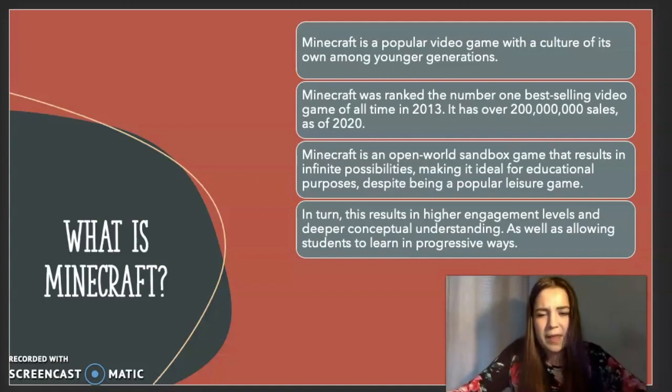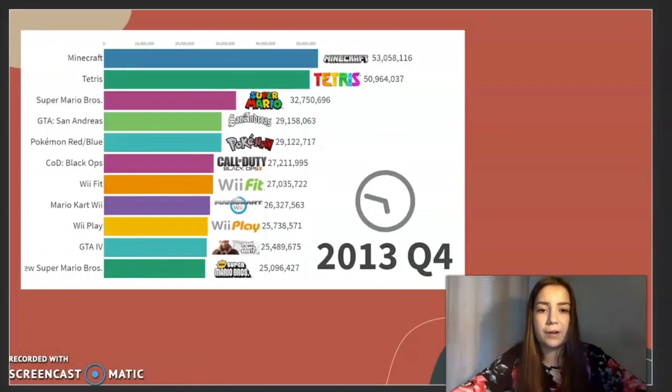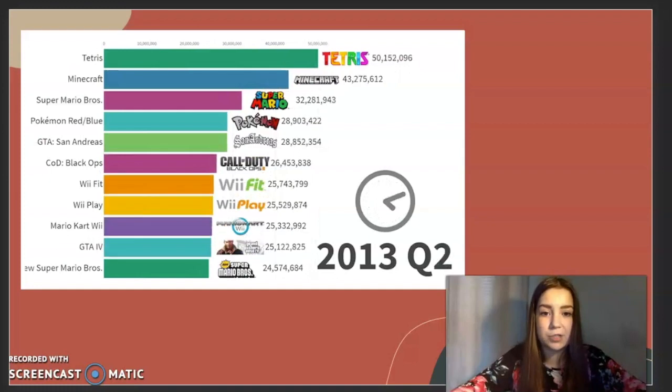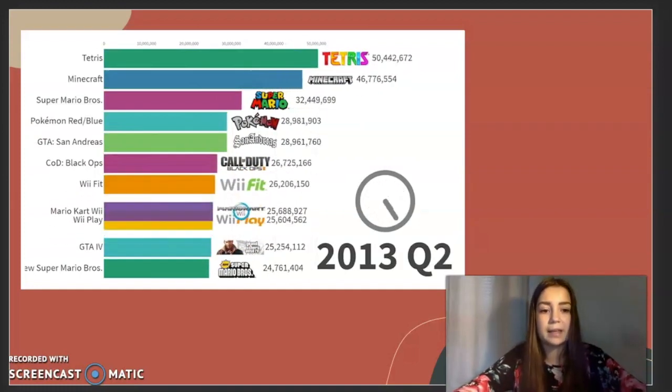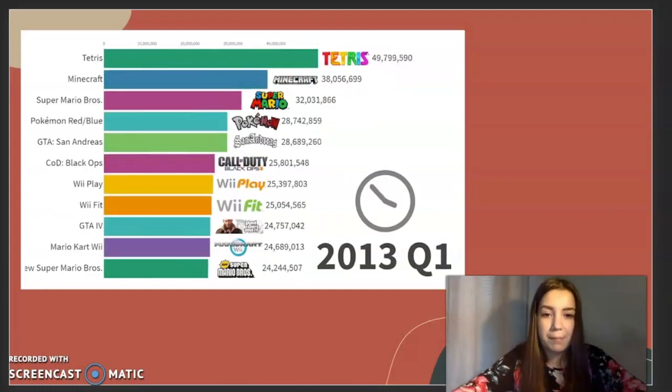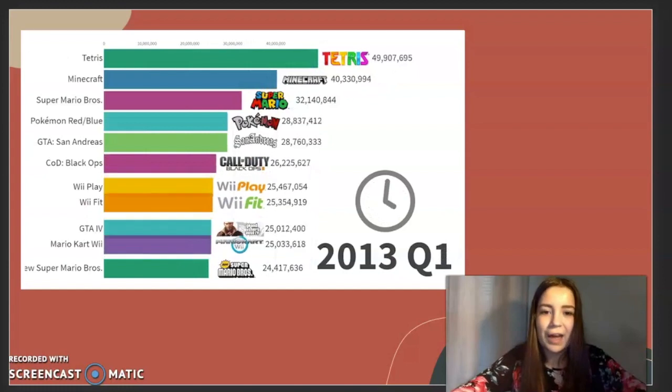So this next graph just shows how quickly it surpassed Tetris in 2013 when it was ranked the #1 best-selling game, and you could see how rapidly it increases. As I mentioned, Tetris is like the classic popular game.